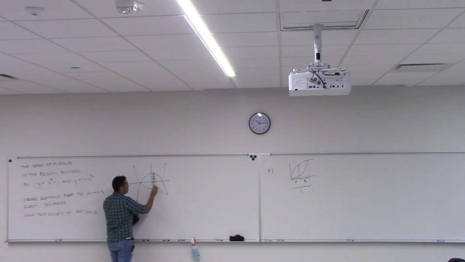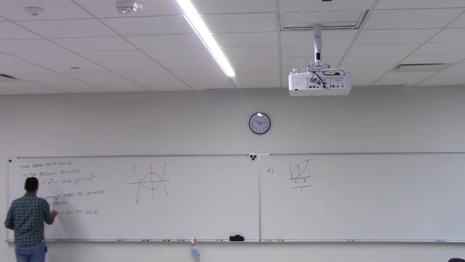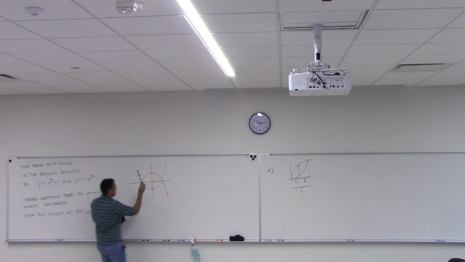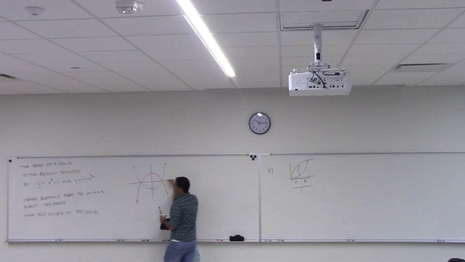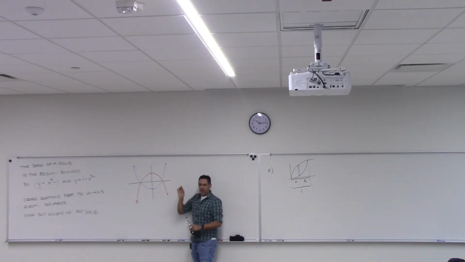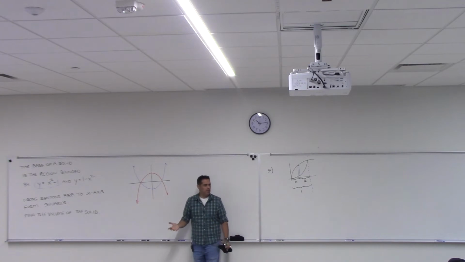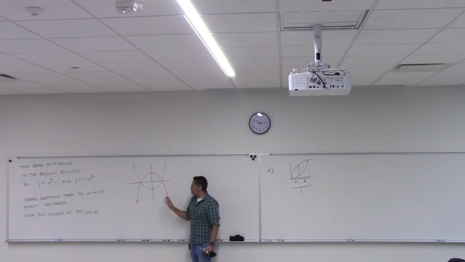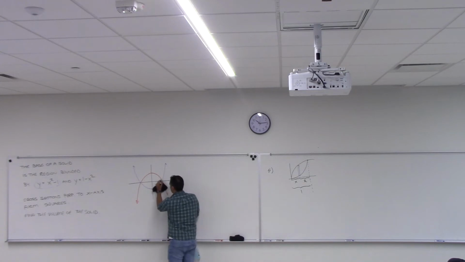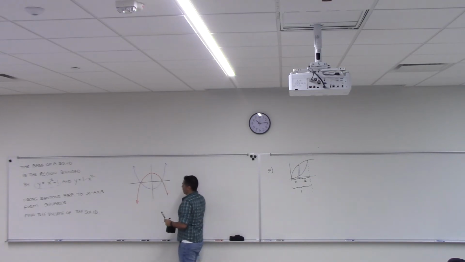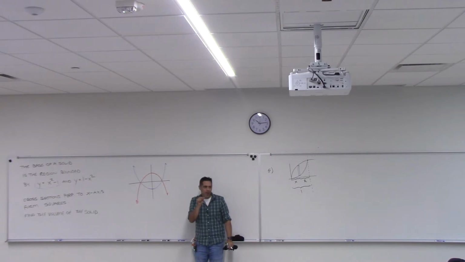If I cut this with the sword, and I make sure my sword is perpendicular to the x-axis, so I take a cross section through the x-axis, I cut through. Imagine taking one side and just throwing it away and looking at it from the side. The cross section, the shape I see, is a square. The question is, if that's the case everywhere I cut it, I see a square. So imagine I just cut at this little edge right here. I take that piece off and I look at it from the side. I'm going to see a big square or small square? Little small square. But if I cut it here,